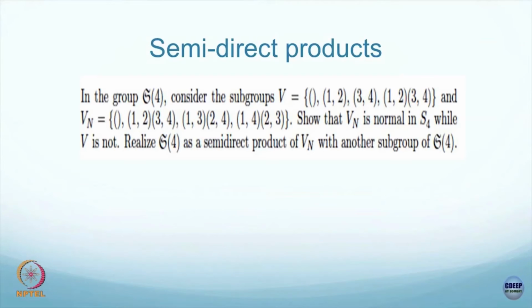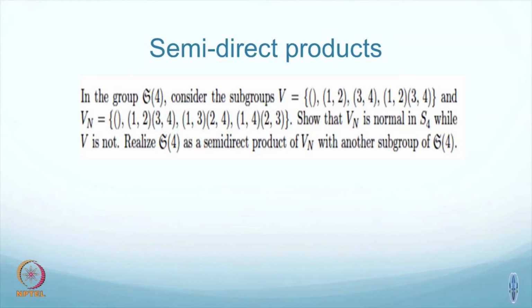But is it an invariant subgroup? If it is an invariant subgroup, what do we have to show? If you take the 1 2 element and a G and a G inverse, what should you get? It has to be some element from the set, okay. Let me call that element some element H, which is an element of V for all G, which is an element of the symmetric group of degree 4. If this happens, then you will call V an invariant subgroup, okay.